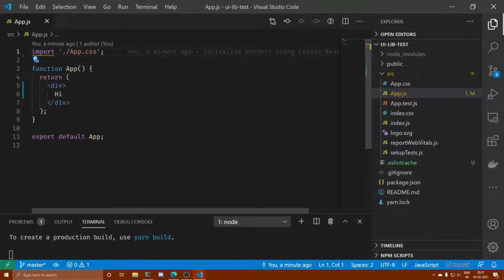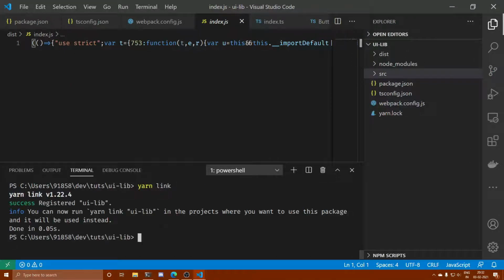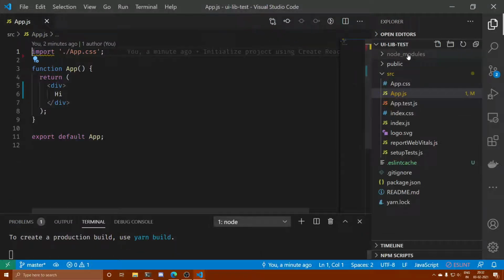Now in order to use the library we have created in this particular project, we have to go back to our library folder and issue this command, yarn link. Basically this will create a symlink to this repository and export this symlink into the bin folder of the yarn cache. Other projects can then use that particular symlink to use this library, instead of relying on the distribution installed inside node_modules. You may want to read more on that.